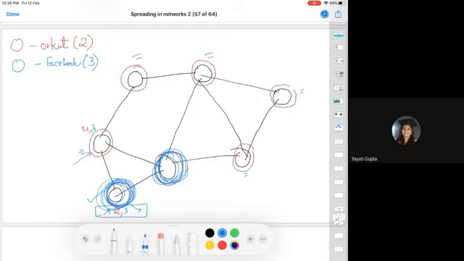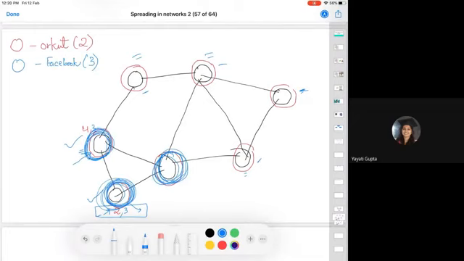Again compute for this node over here. Now only one of his friends is using Orkut and 2 are using Facebook. So getting a payoff of 2 for Orkut and actually 6 for Facebook makes sense for him to turn in the next iteration. This one again no, this one again no, this one both Orkut no, this one again more for Orkut. So this one turns in the next iteration.